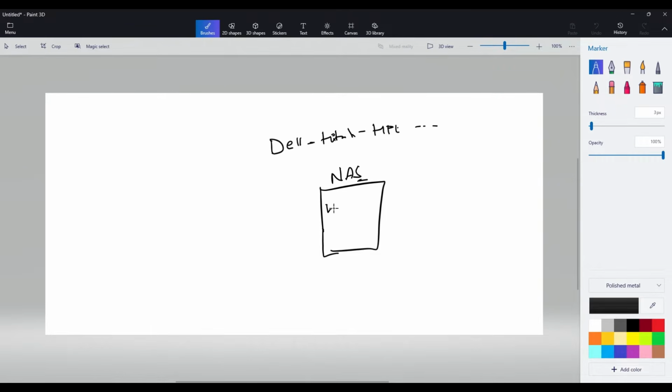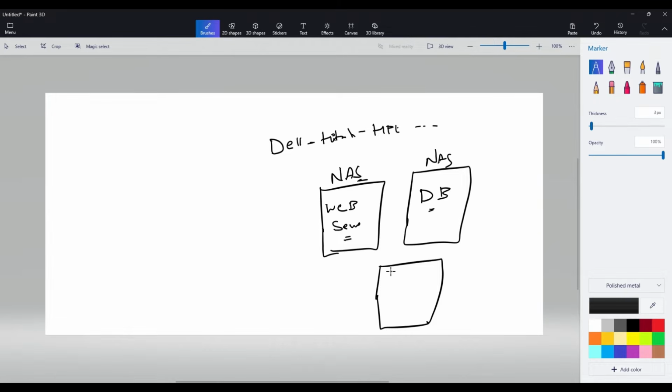For an individual web application, or an individual web server, they used to purchase one single server, and for the database also they used to purchase one new NAS device just for the database. Let's forget about virtualization, containerization, and cloud for now. Then they used to purchase another server for email or any communications, or for Teams, whatever it is. Imagine, just for one Python based application, they're purchasing three devices.